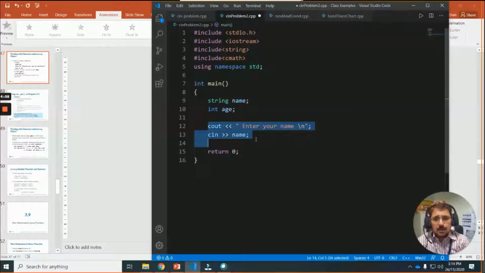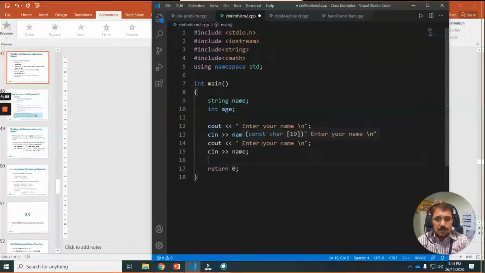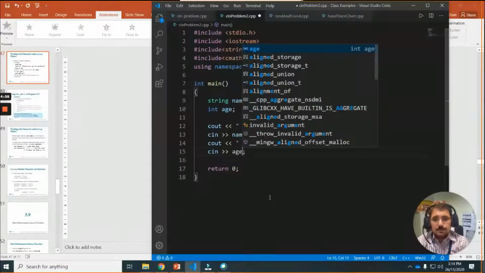After that I copy the same thing once again and paste it, "Enter your age". And here I change the variable from name to age.